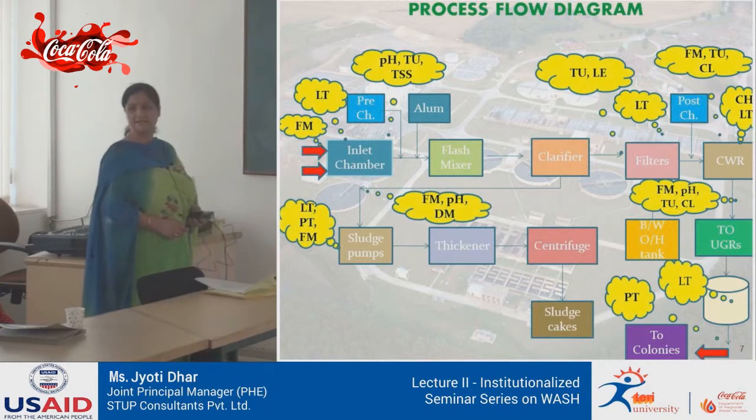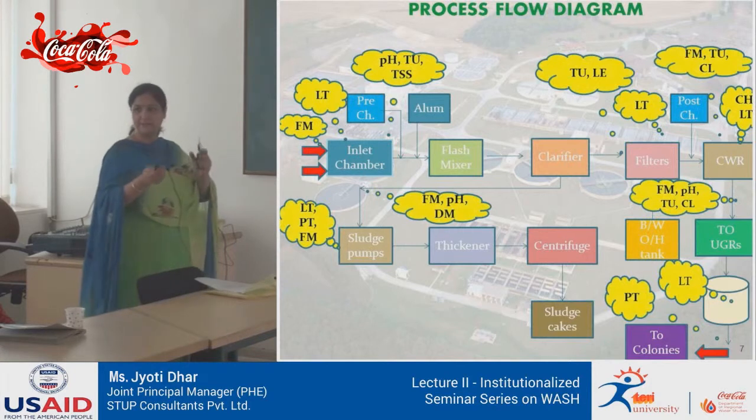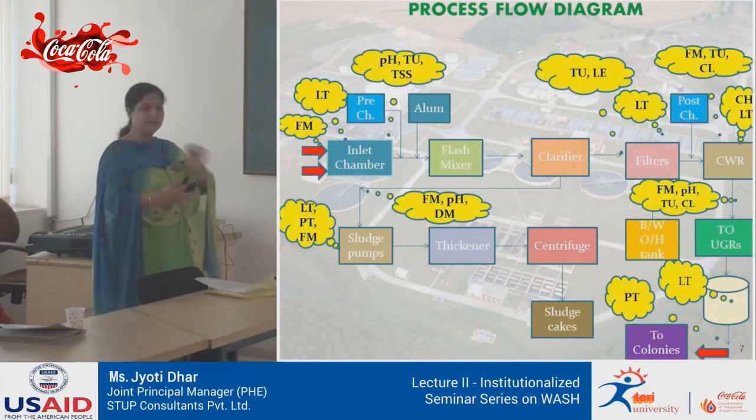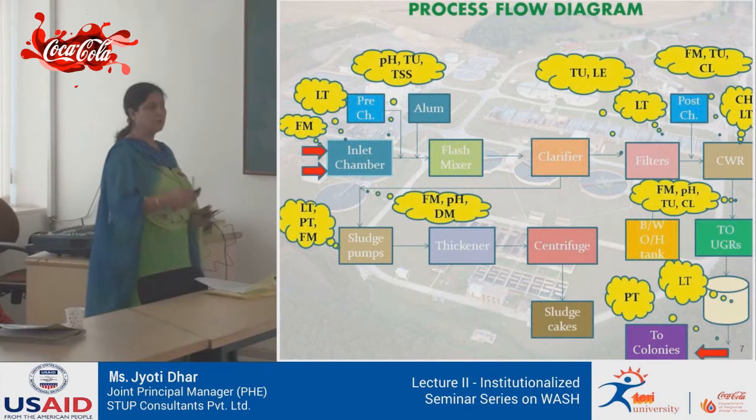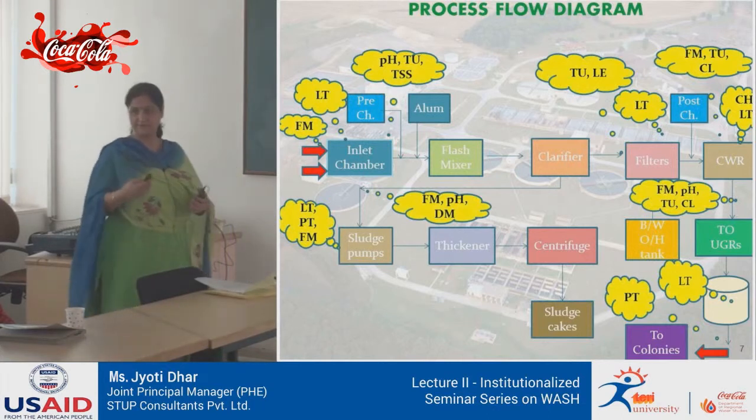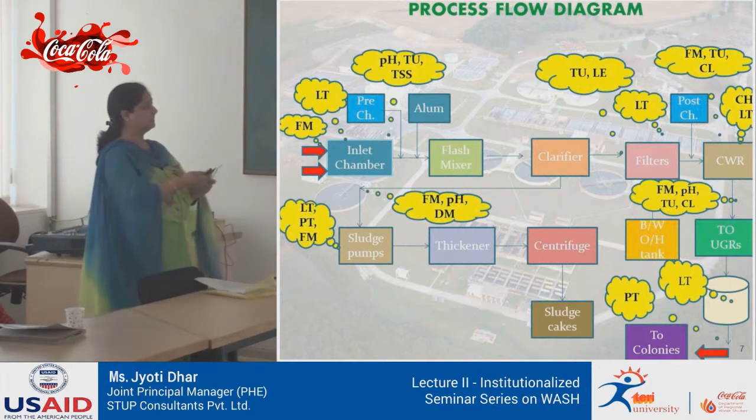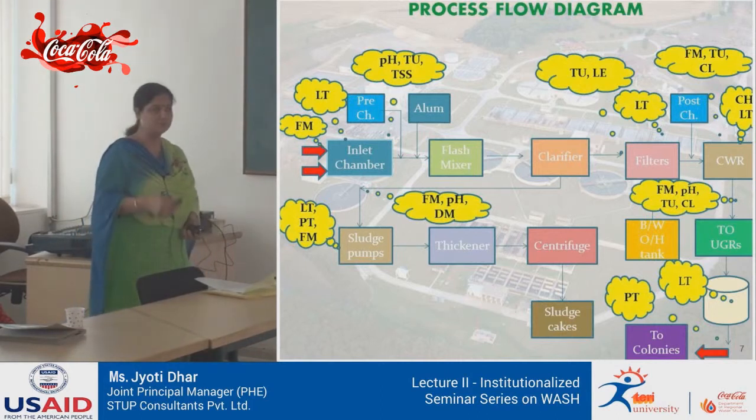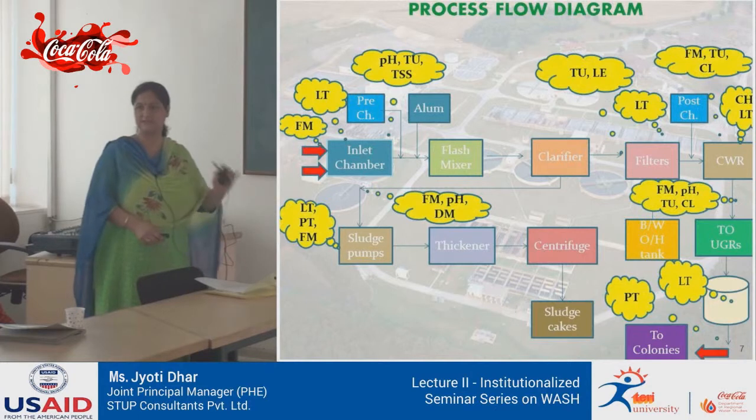Then you have clarifiers. It's a circular structure with scrappers, and the solid material is collected at one place. Then you have filtration, and here the SCADA plays a very important role. Once your turbidity is high, you need to backwash the filters. That's why once your turbidity is detected, your backwashing starts based on the programmable controllers set in the PLC system,